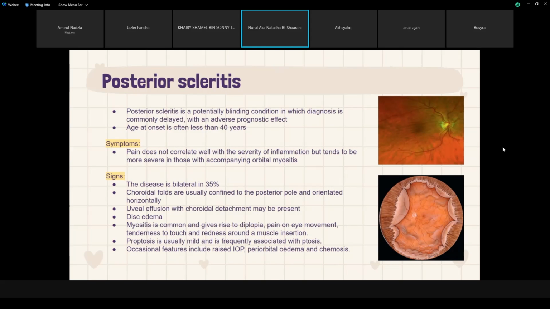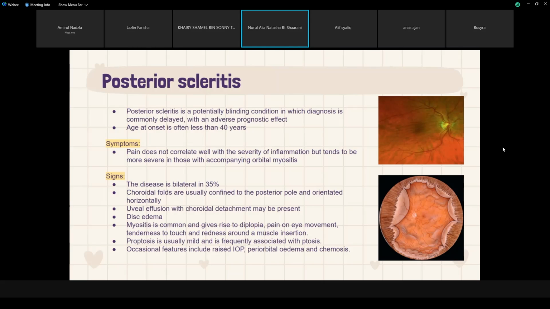So the next type is posterior scleritis. Posterior scleritis is a potentially blinding condition in which diagnosis is commonly delayed with an adverse prognostic effect. The age of onset is often less than 40 years old, and the symptoms include pain, which does not correlate well with the severity of the inflammation, but tends to be more severe in those with accompanying orbital myositis. So the signs include